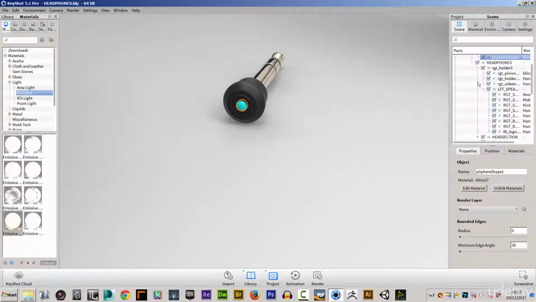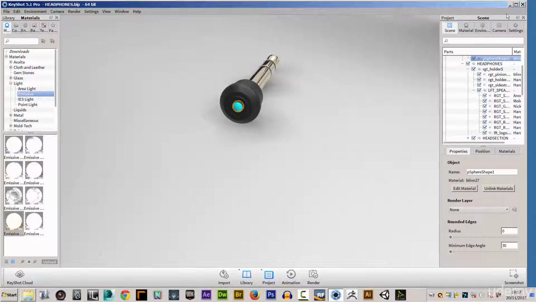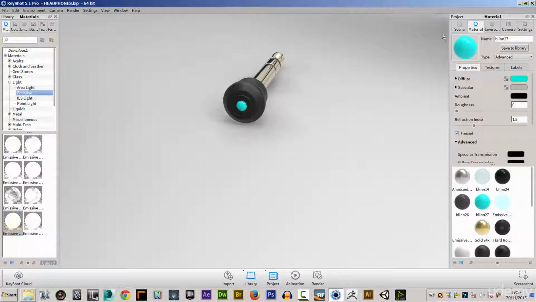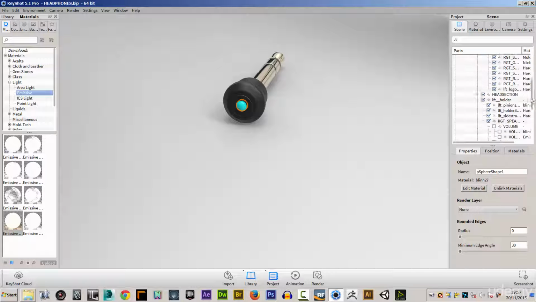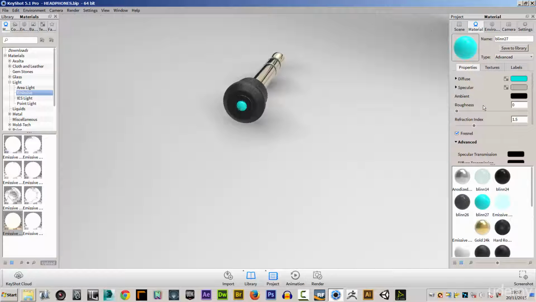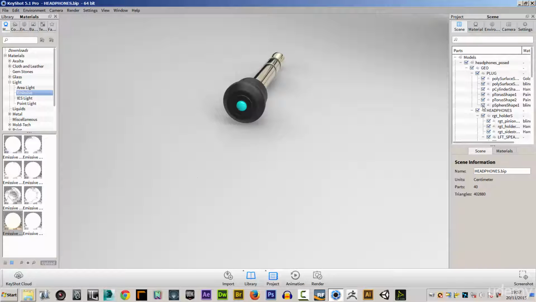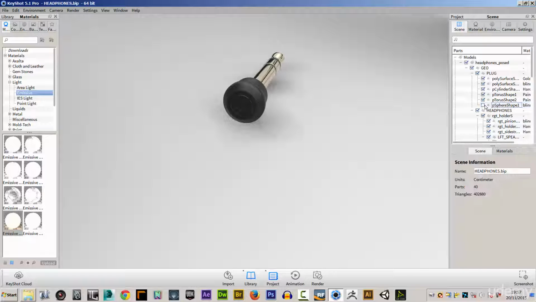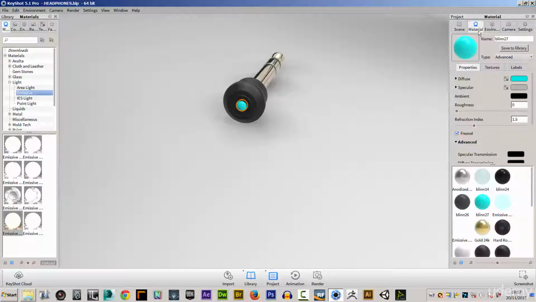But let's come into here. Let's find it. Let's just double click here, come into the scene, have a look. It should be under the plug. There it is there. Oh, there it is. So I'm going to just change this material type